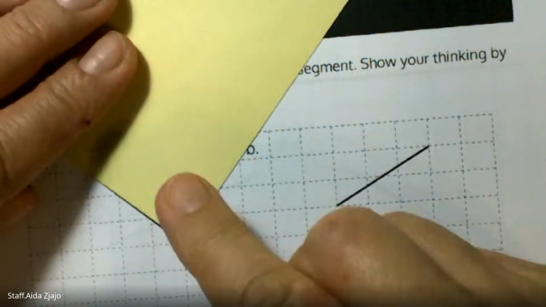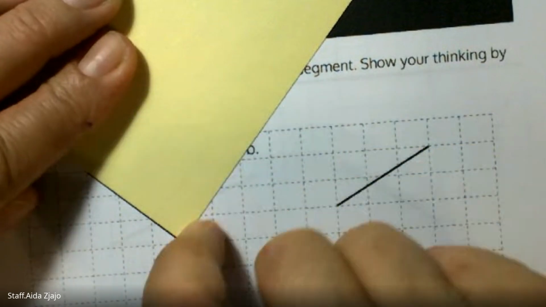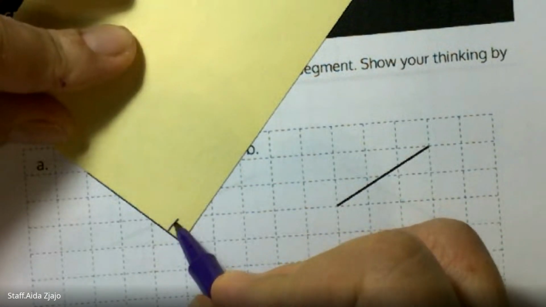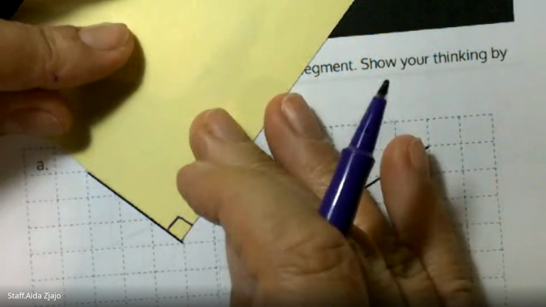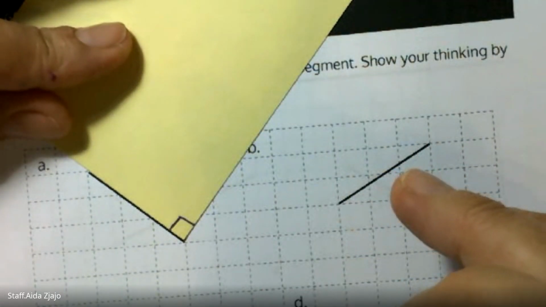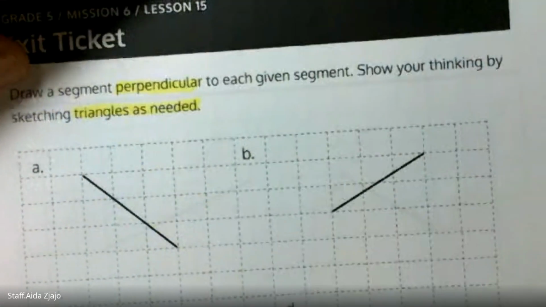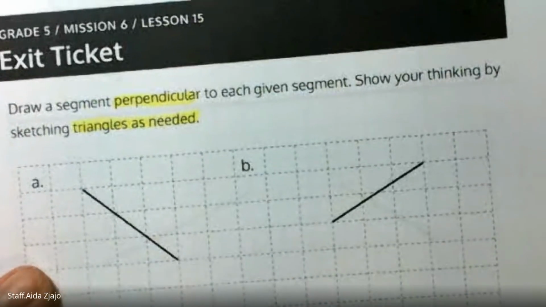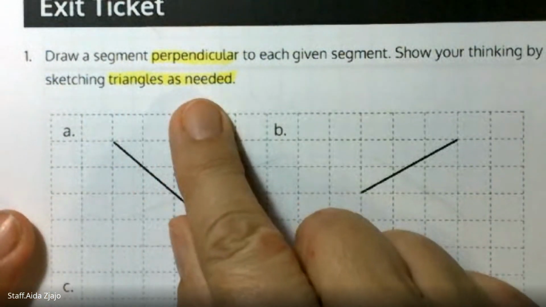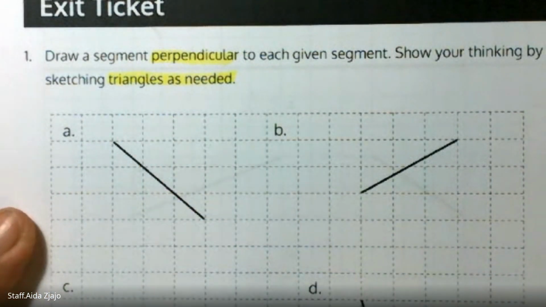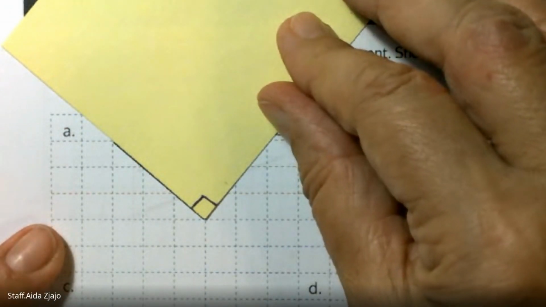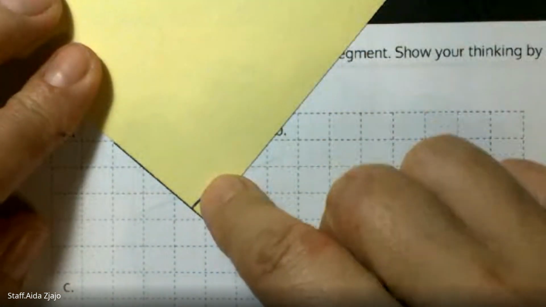I can do that here as well, so anywhere it will create a right angle, so that side and this line is going to be a right angle, 90 degrees. But by using sketching triangles, we can prove it. So if we draw that line this way, we can prove how that happens, that it has to be 90